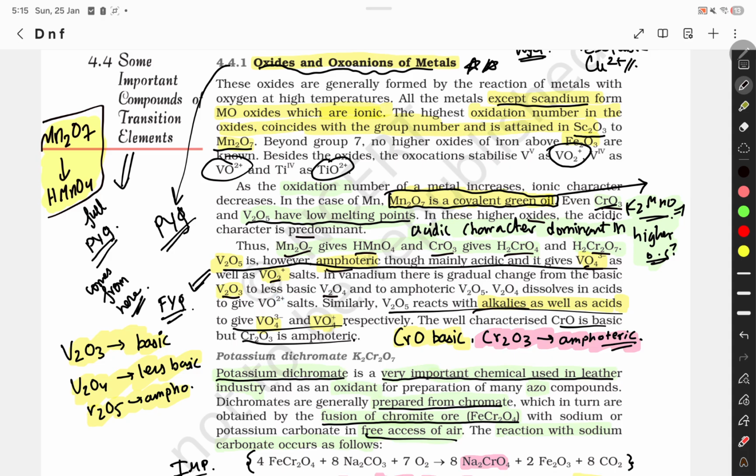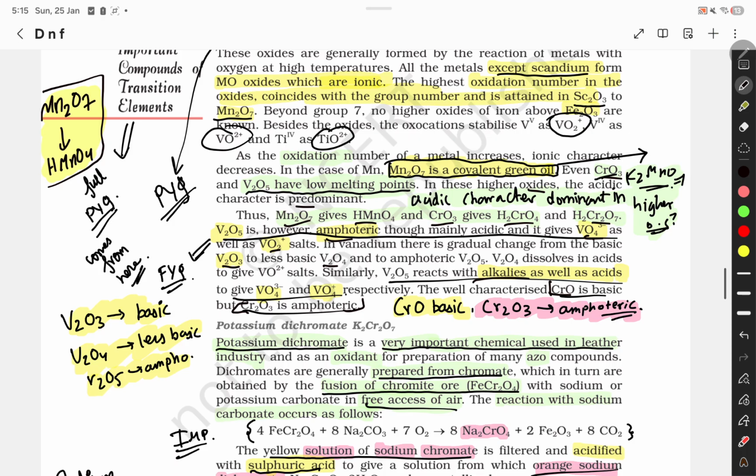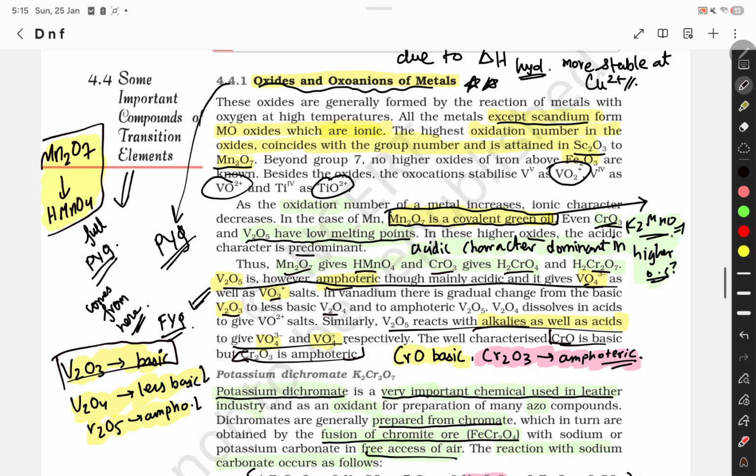V2O5 also reacts with alkalis as well as acids to give VO2+ and VO4 3-. CrO is basic, but Cr2O3 is amphoteric. CrO is basic, Cr2O3 is amphoteric, V2O3 is basic, V2O4 is less basic, V2O5 is amphoteric, and Mn2O7 gets converted into HMnO4, and CrO3 gives H2CrO4 and